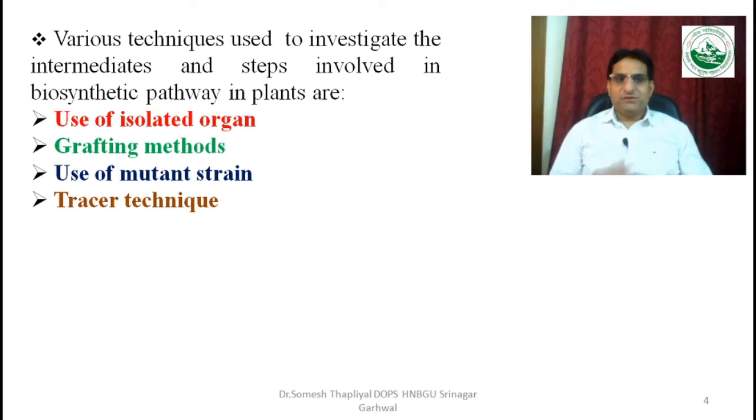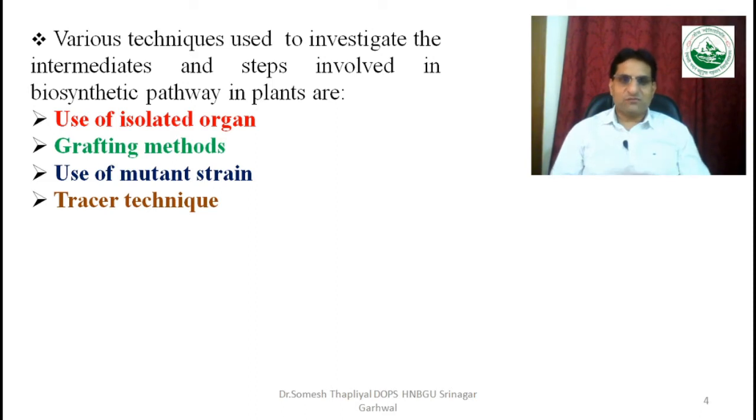And if we talk about grafting methods, in this method we take two cut portions of plants which differ, but are close to each other, so that they join, and from this grafting new plants are generated. It is useful for finding out the intermediates and steps involved in the biosynthetic pathway. And if we talk about mutant strains, in some lower plants like fungi and microorganisms,